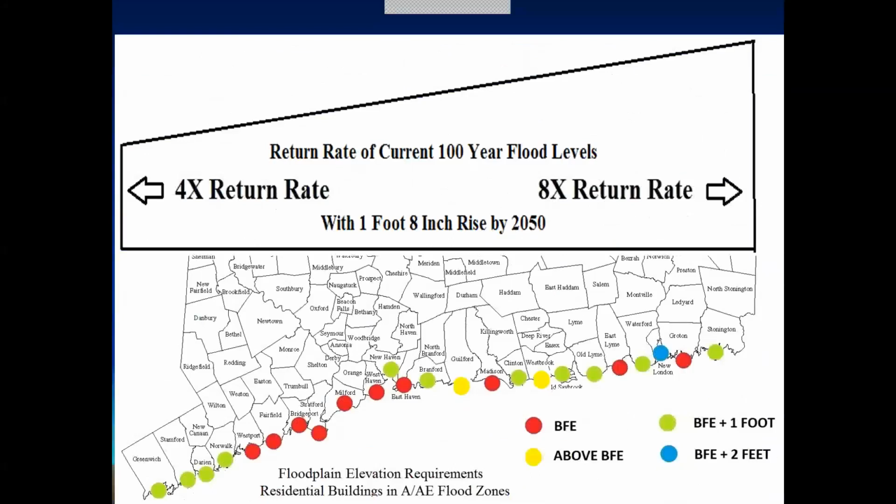So if you can see it, the green dots are BFE plus 1, the blue dots are BFE plus 2. In other words, there's a FEMA-based base flood elevation, and the towns have said, that's not good enough. We're experiencing real flooding, real problems above that level. And without knowing any of this or knowing that it's connected, they unilaterally have been increasing the height in which they have to build their buildings because they're already experiencing this disparate impact.